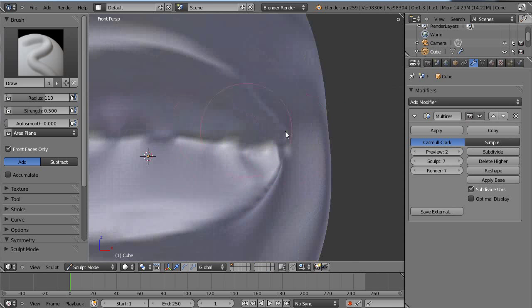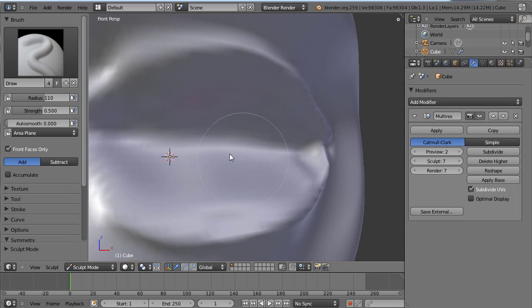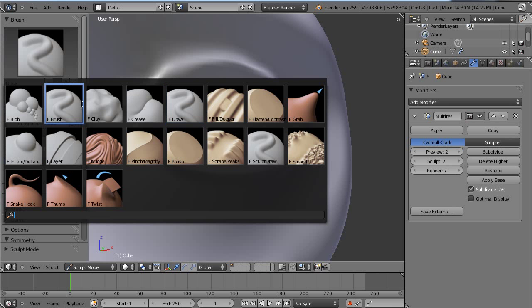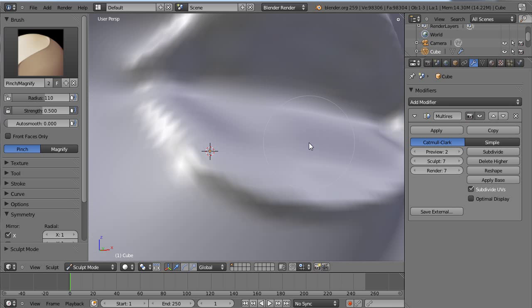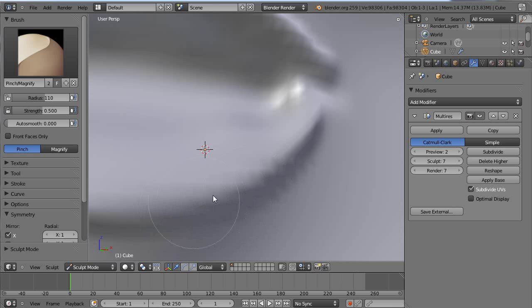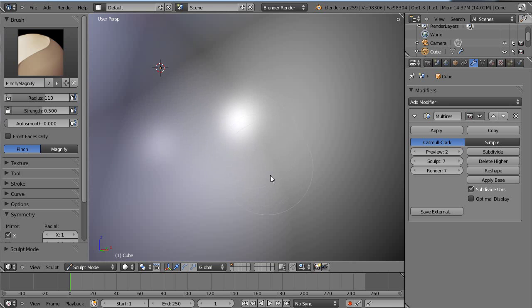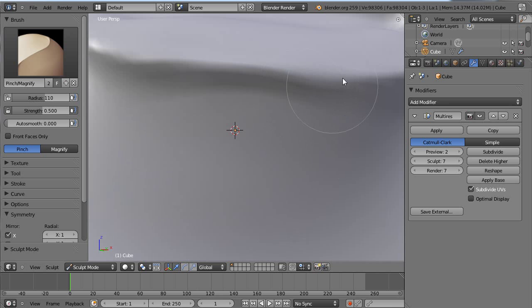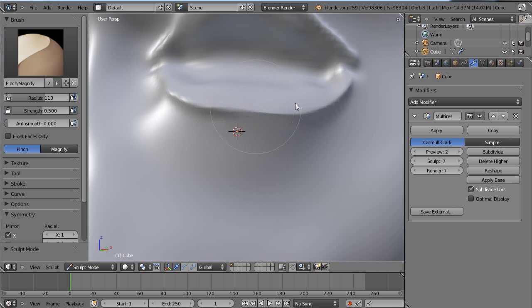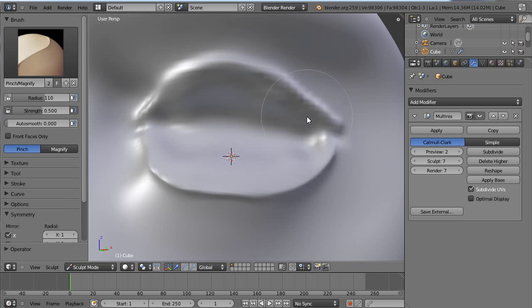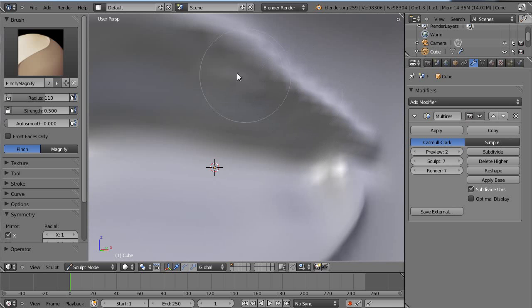So we've got the eyes, eyelids. Smooth that out a bit in there. And again, do a bit of pinching. This one, again, P on your keyboard if you want to use that. Pinch the eyelids. Don't pinch them too much, because you can end up with this pencil thin line, and that's not realistic at all. You actually find eyelids are quite thick. So just bear that in mind when you're doing everything.